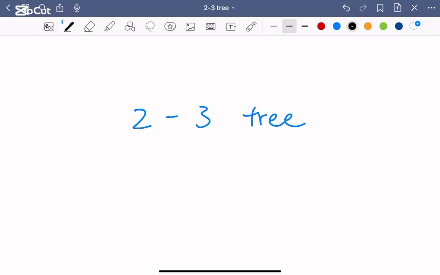A 2-3 tree is a self-height balancing tree. And first of all, I'd like to mention why a self-balanced tree is good and where the 2-3 tree comes from in the first place. Well, a tree that is height balanced by itself is good because if a tree is not self-balanced,